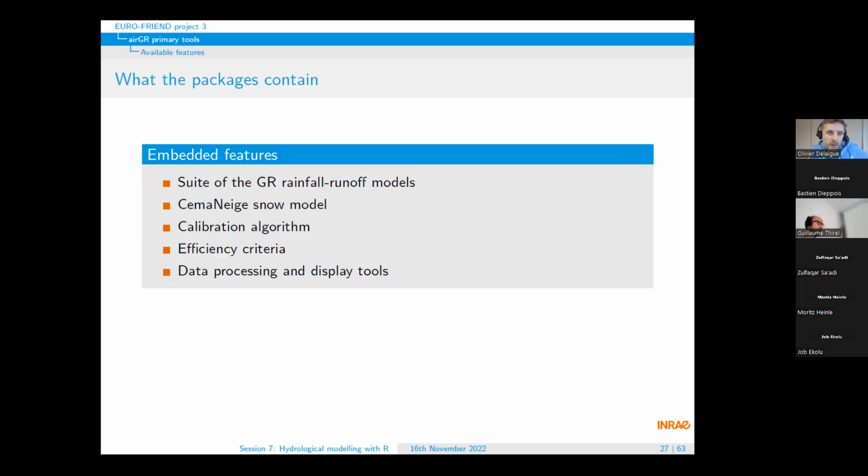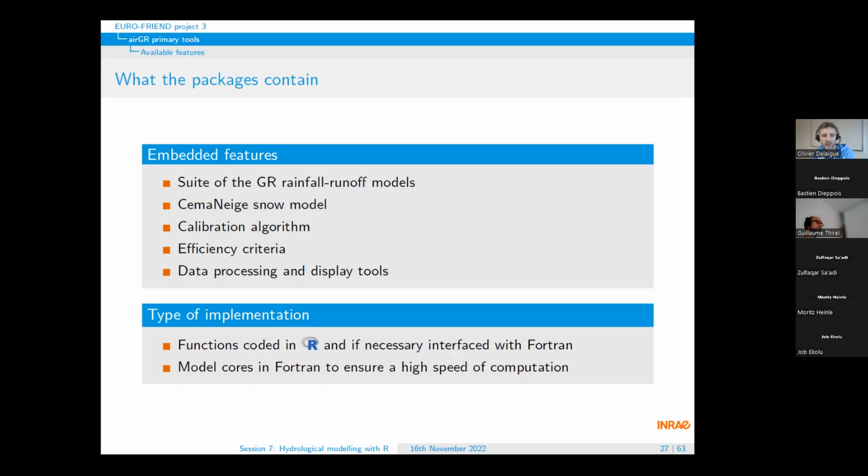So the embedded features are the suite of the GR rainfall-runoff models, which I will present just after. A snow model called CemaNeige, a calibration algorithm, efficiency criteria, and data processing and display tools. As I said previously, the packages are in R, but they are linked, interfaced with Fortran code to ensure